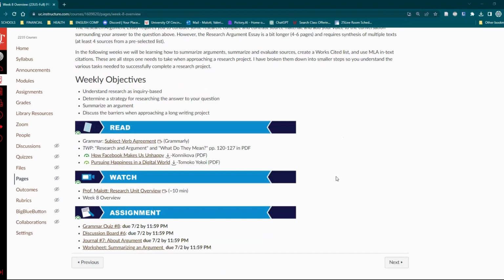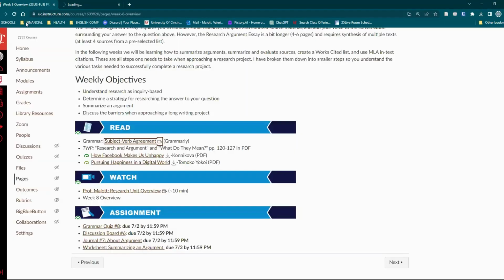The readings for the week. Again, we have a grammar topic. This week it's dealing with subject and verb agreement. The reading here is from Grammarly. Let's take a look at that. It's taking a while to open up. I apologize for that. Well, maybe that'll come up, but instead of wasting your time waiting for that to load,